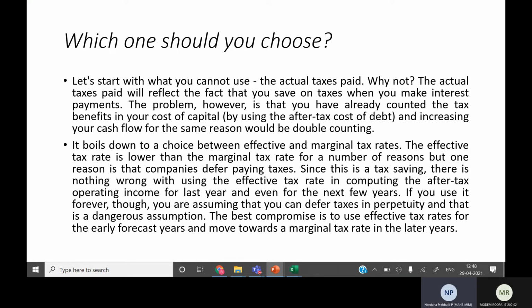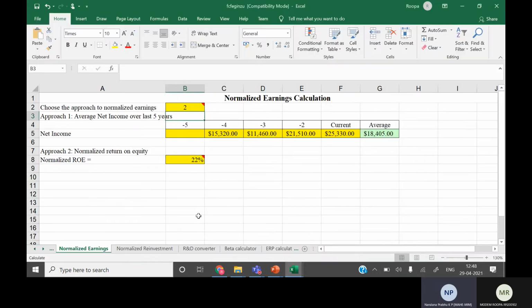Now let us see what we did in our calculation of FCFF. Between FCFF and FCFE, I'm choosing only one. What we would have done in FCFF, we would have done almost the same in FCFE also. So let us go to that and see which tax rate is chosen by us. We'll go to the input sheet.